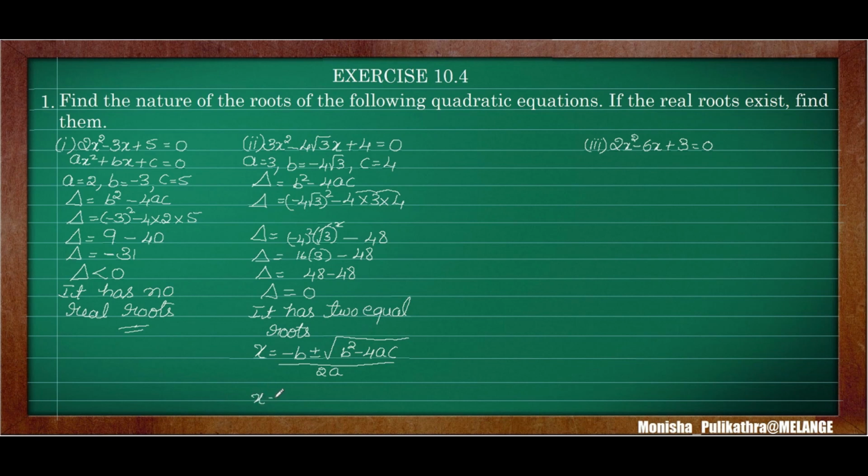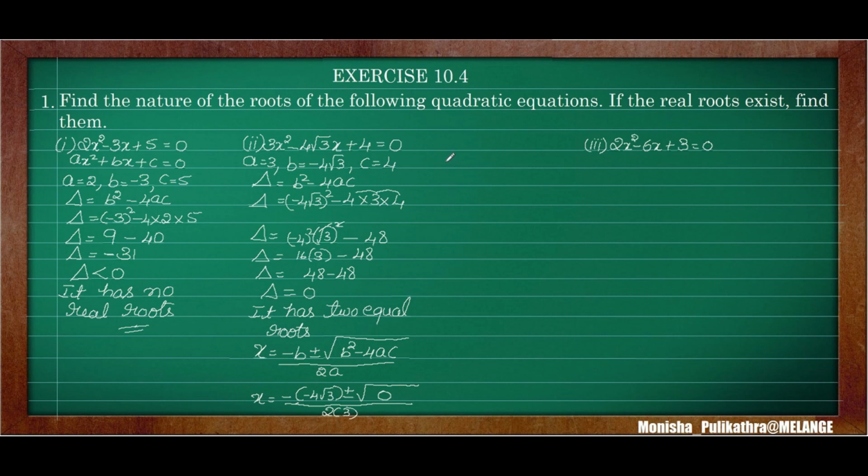Okay. So x is equal to minus b, which is minus 4 root 3, plus or minus square root of, we know the value for b square minus 4ac. So what is the b square minus 4ac value? It is 0 since we have found it out. So there is no need of doing it once again. If we want, we can do it also. Okay, b square minus 4ac value is 0. So I am directly substituting that. So whole divided by 2 into a. So 2 into a is 3.